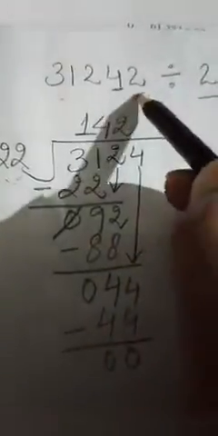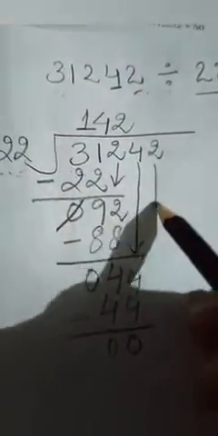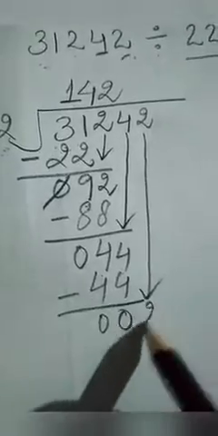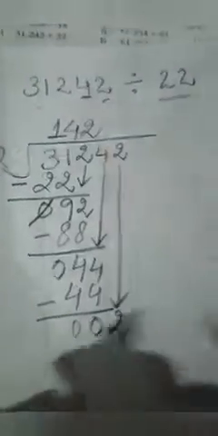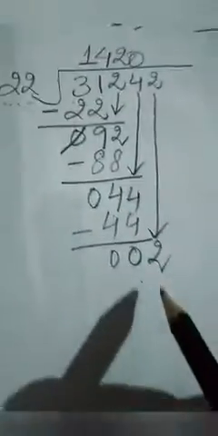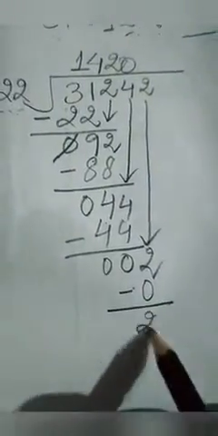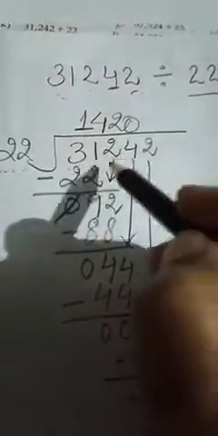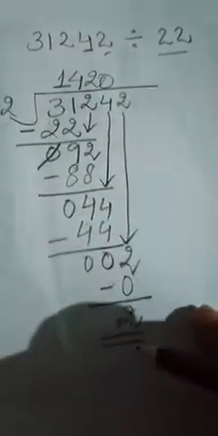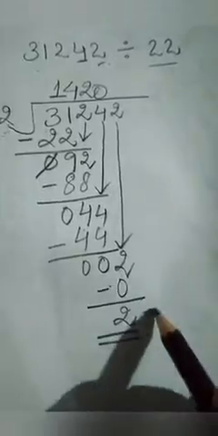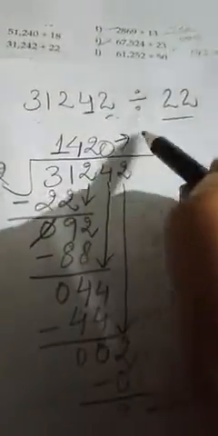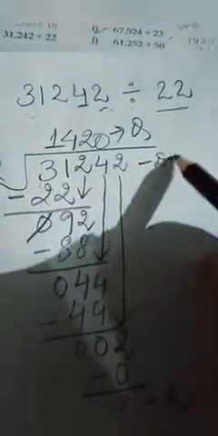Now one digit more is left to write, and this will also be brought downside. It is 2. And here you can see what can be written under 2. 0 can be written. So 22 zeros the 0. After subtraction we got 2. Now you can see we have written all the digits and not any digit is left to bring down. So our division is over. This is the remainder, this is the quotient, and this is the divisor, and this is the dividend.